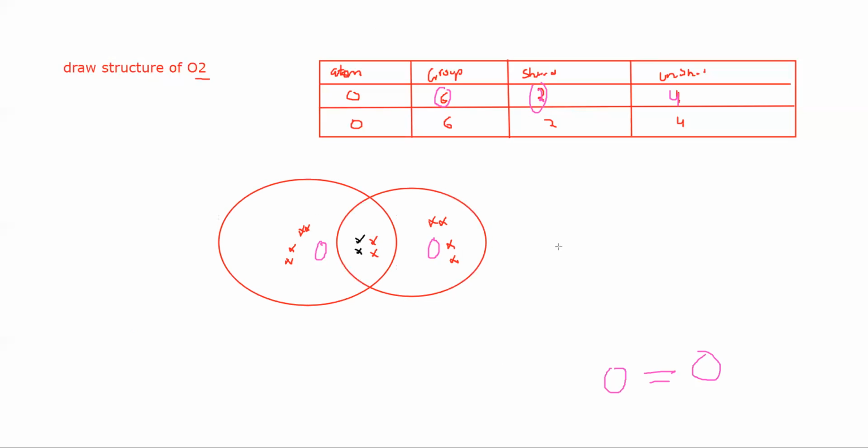Yes. So 4 unshared, and there are 4 electrons between them, because each oxygen is sharing 2, so a total of 4 will be there between them. But if 2 different atoms are there,